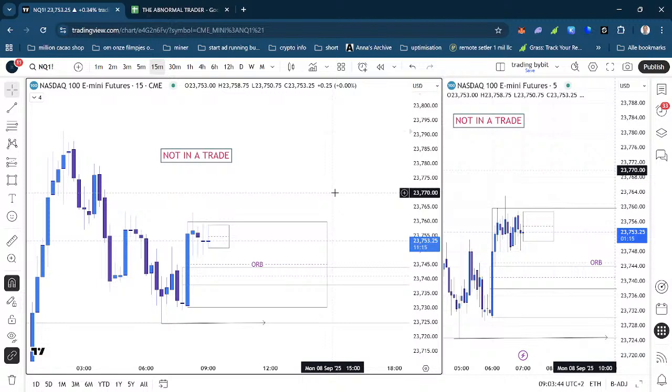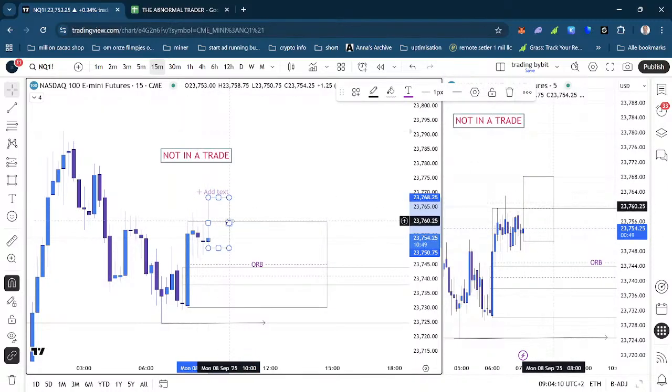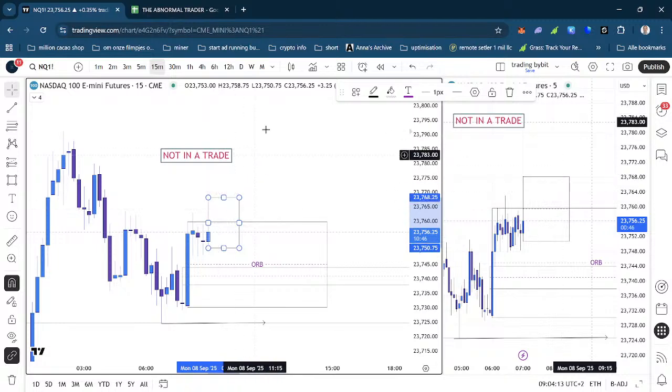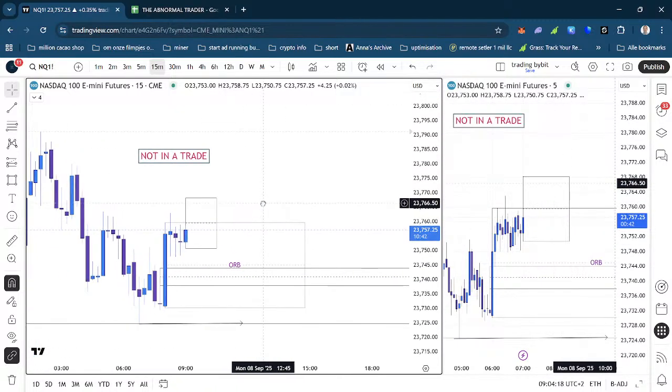If my plan is to trade both pre-orb and orb, how do I do that? You start with the pre-orb, and if the plan says the pre-orb reaches what it wants to go to, and the orb afterward continues that way, you can take it again. You can take a second entry. So say the pre-orb here breached to the upside, and you were already in the trade, and afterwards we have an orb range like this, and it breaches again to the upside. You take just an extra entry. This is how you can do it.